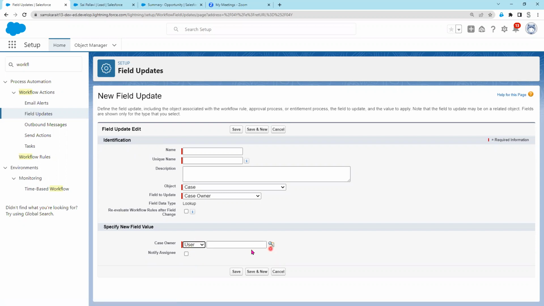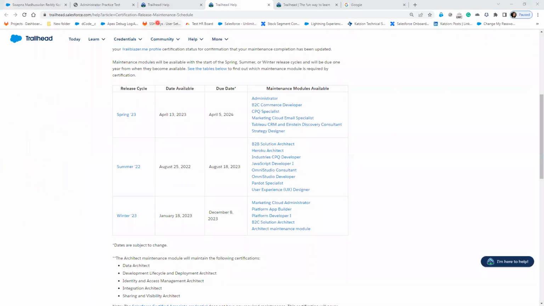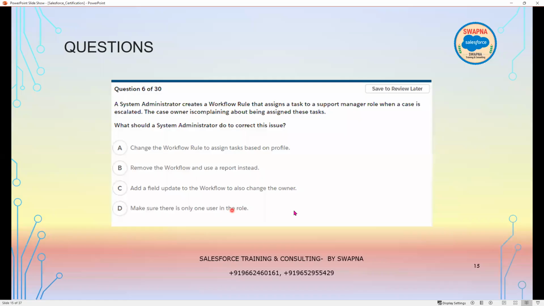this user might be there today, might not be there tomorrow. Right? So in that case, whenever the case is created, today I am going to specify the owner. Now I am saying that the field update is to change the owner. Now when this field update is happening,